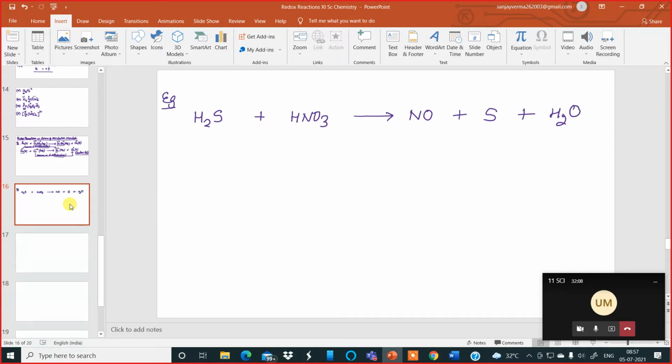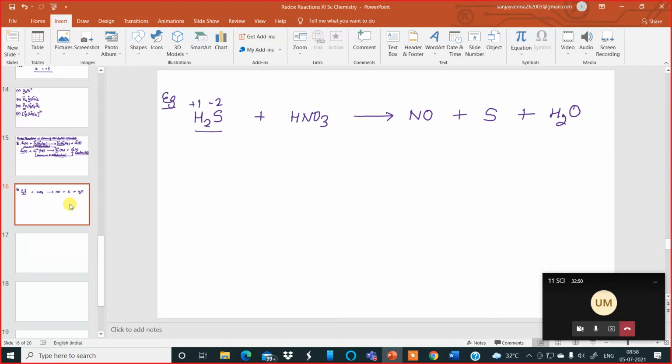Using this reaction, I am going to explain the redox reaction, and make clear the concept of oxidizing agent and reducing agent. Now as usual, we will find and write down the oxidation number of the given elements above their symbols. Hydrogen oxidation number is +1, so 2 ones are 2, and sulfur has to be -2. We can do this mentally: 2 plus x equals 0, so x will be -2.